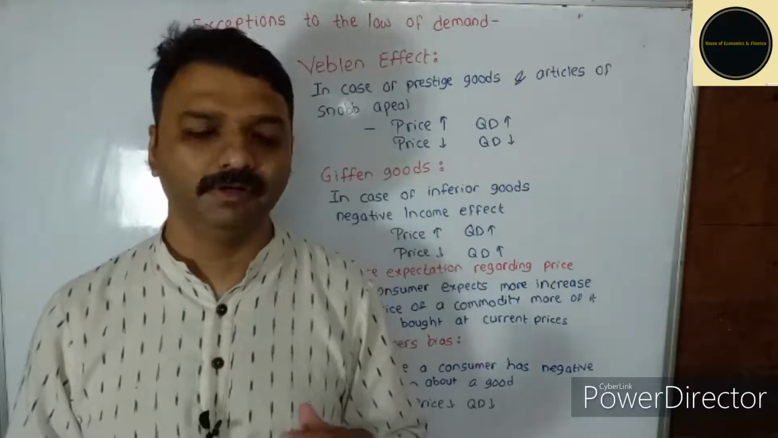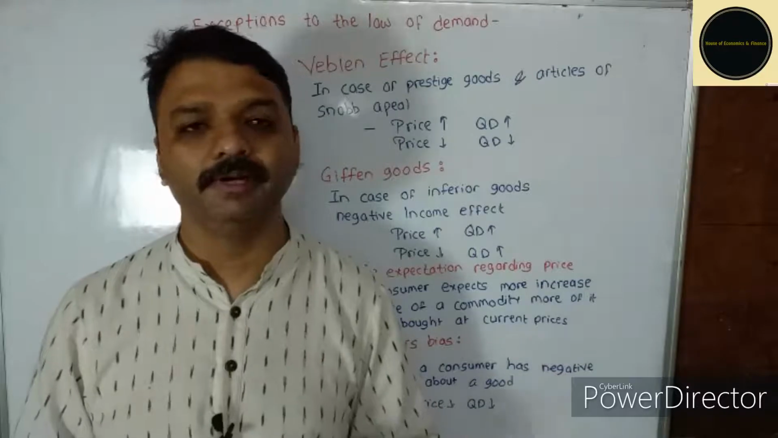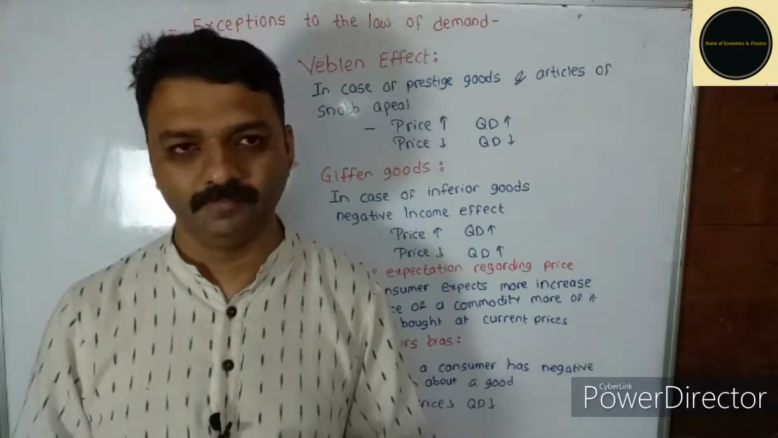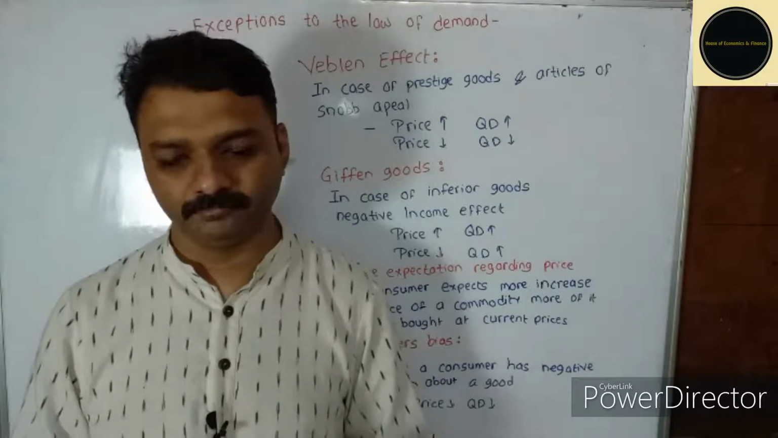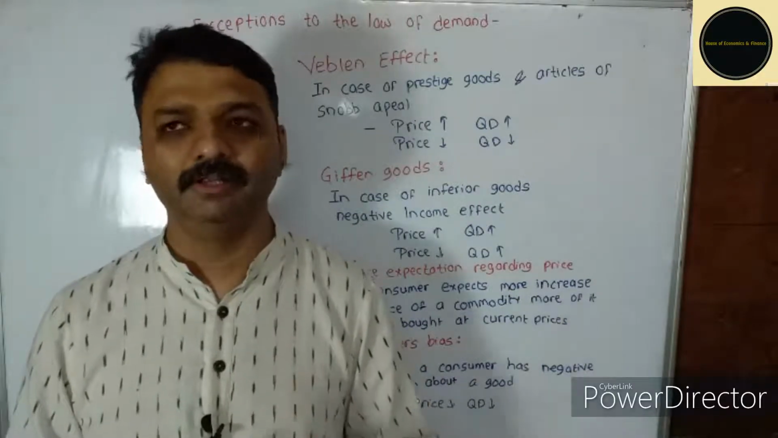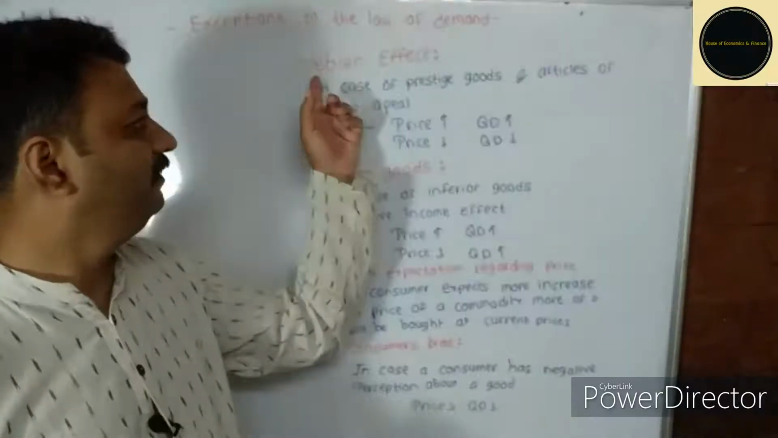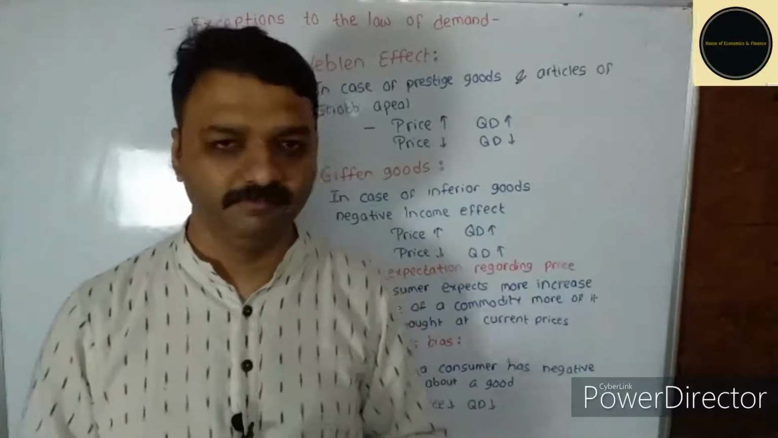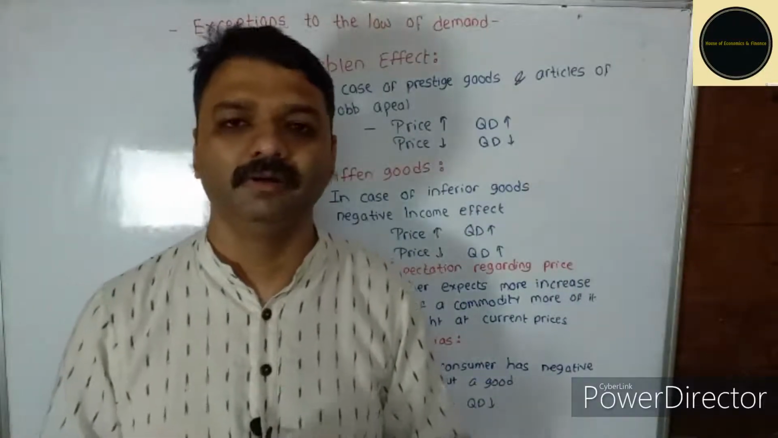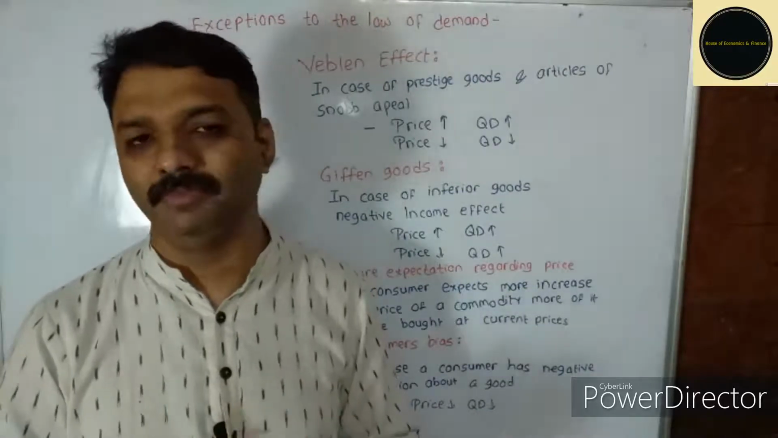In case of certain goods, when the price of a particular commodity increases, the quantity demanded also increases. These are exceptions to the law of demand. We will look at these cases one by one. The first is in case of Veblen goods, or this is called the Veblen effect. This was given by an economist called Veblen,